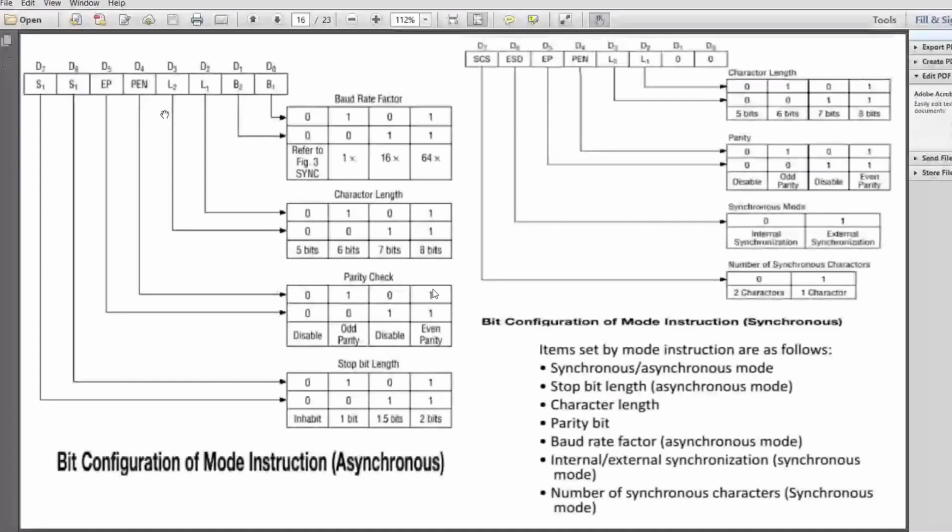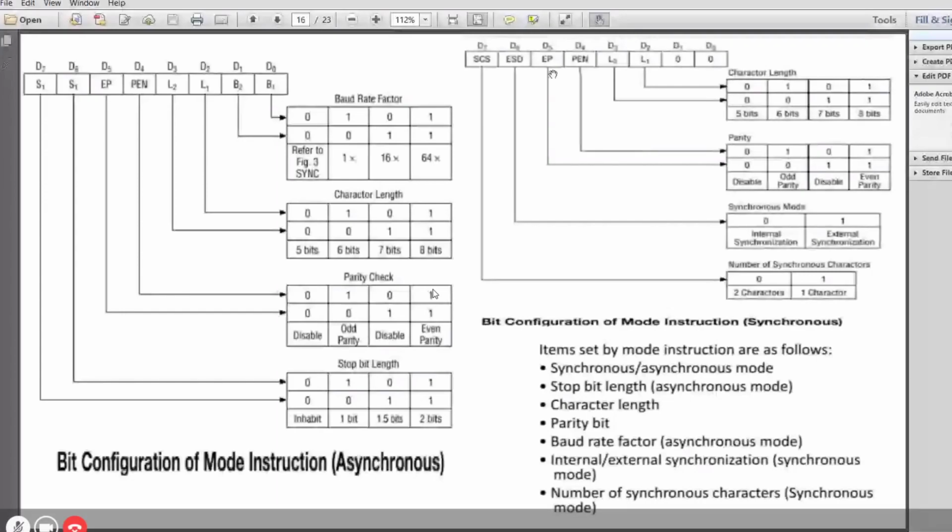Synchronous is just one modification of this, where no parity is required. So this mode is made 00 for disabled asynchronous mode, and this is your synchronous mode. So this is 00 here for synchronous mode, these two combinations. The character length may vary, just as this one. No parity is needed, so this is also made 00.